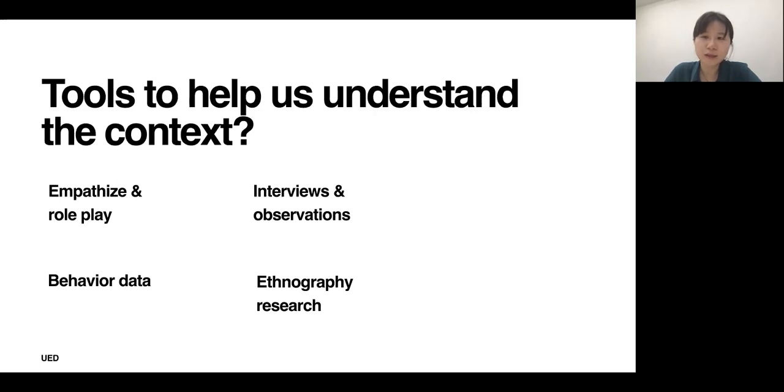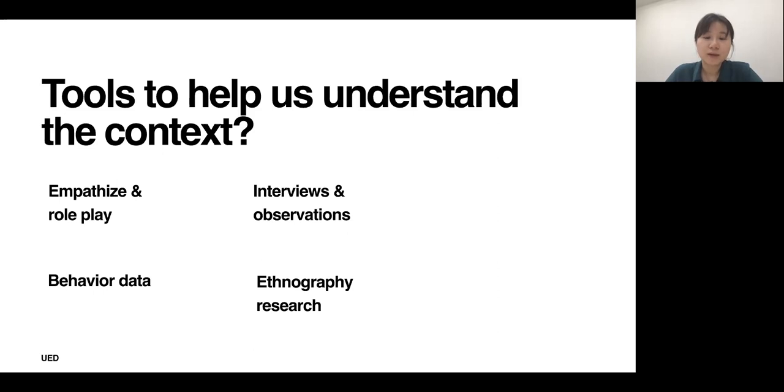And I'm trying to understand their aspirations and the specific moment of action, what they had in mind. And then we could also look at behavioral data, where we have data mining and can find some odd data performance that we can combine with the interviews to get some insights.